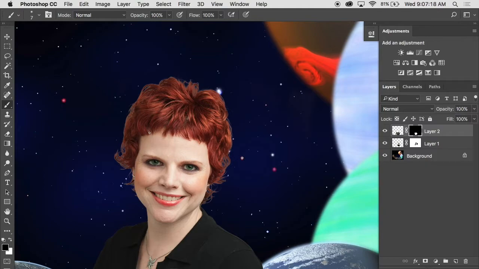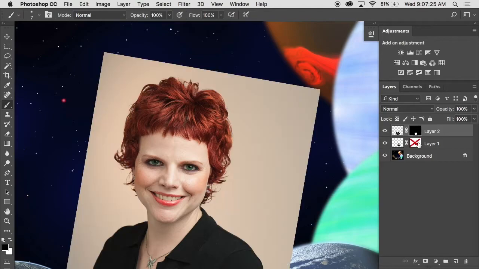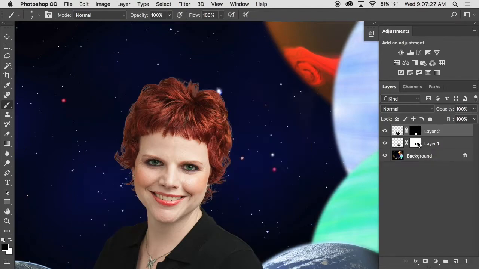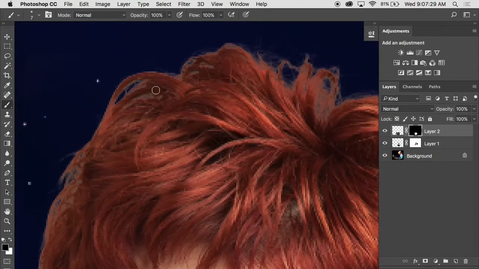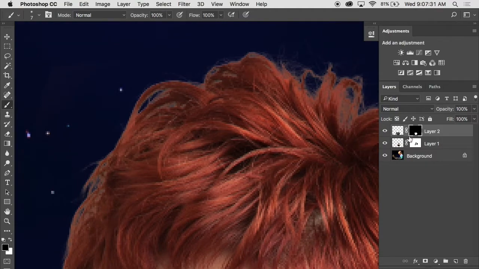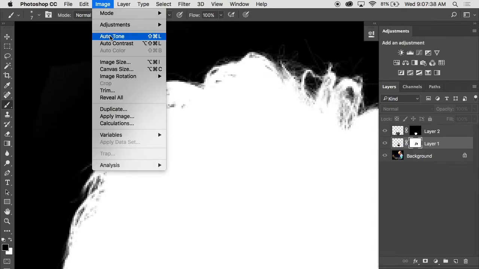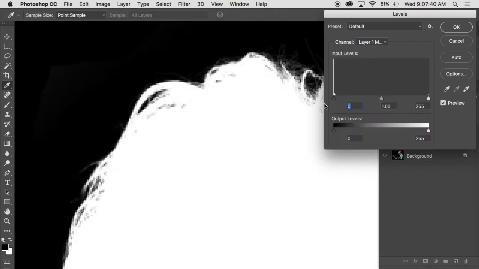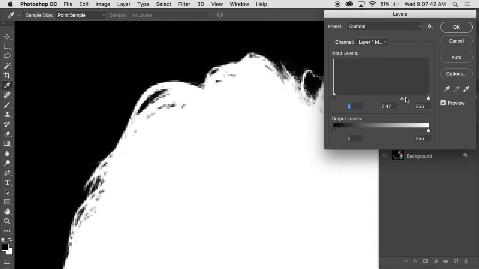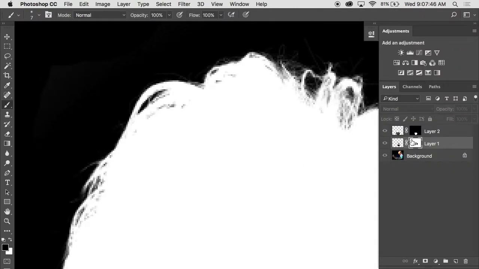Remember, it's the layer mask that's hiding her beige background. If we disable the layer mask, if I hold down the Shift key and click on that layer mask, all that beige is still there. What if we were to modify this layer mask somewhat? What if, watch this, if I had the layer mask selected, if I went under Image, Adjustments, Levels, if I were to darken down this layer mask, look at that, there's more black showing. If I do that while the image is visible,